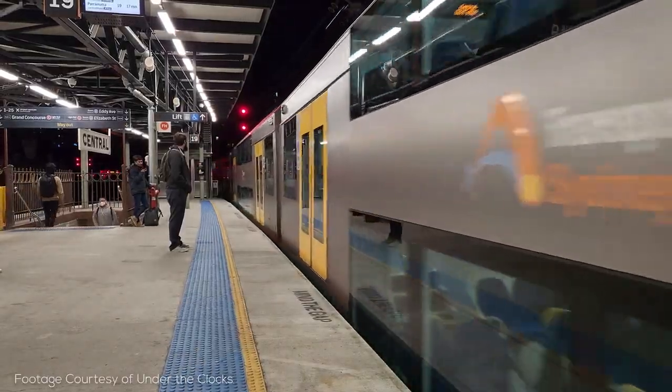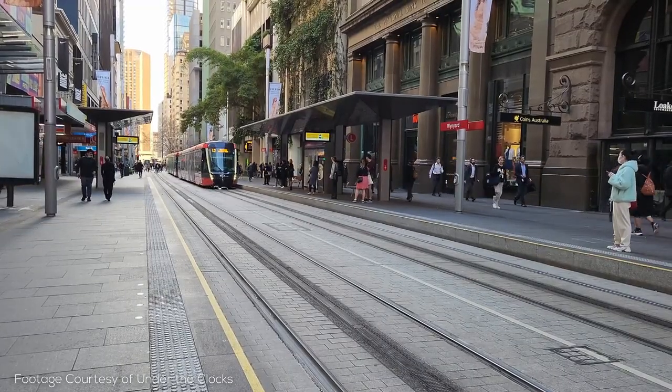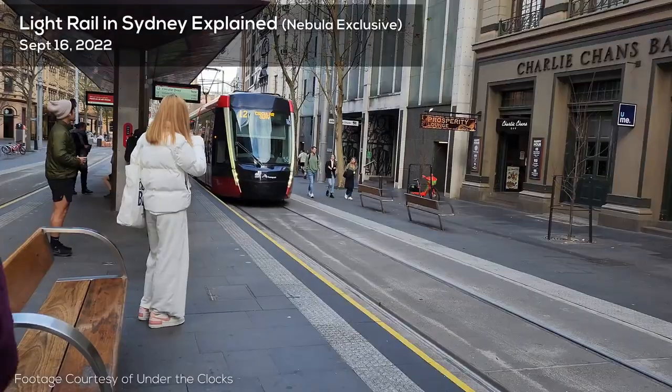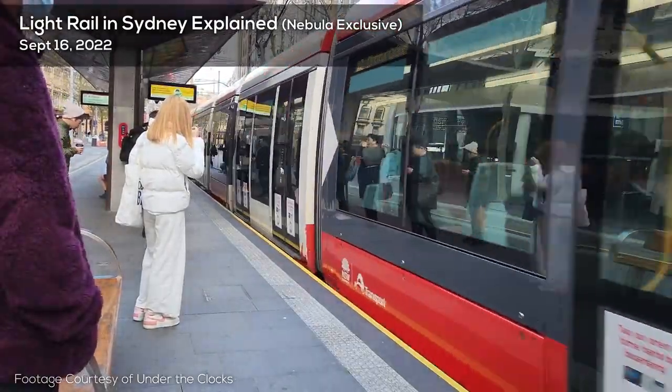Now, there is more rail transit to talk about in Sydney, and that would be the fast-growing and surprisingly extensive Sydney Light Rail network, but YouTube videos can only be so long, and that kind of specialized content just really doesn't get a ton of traction. So I've actually gone and made an exclusive video on Nebula, dedicated to Sydney's burgeoning light rail system, which replaces